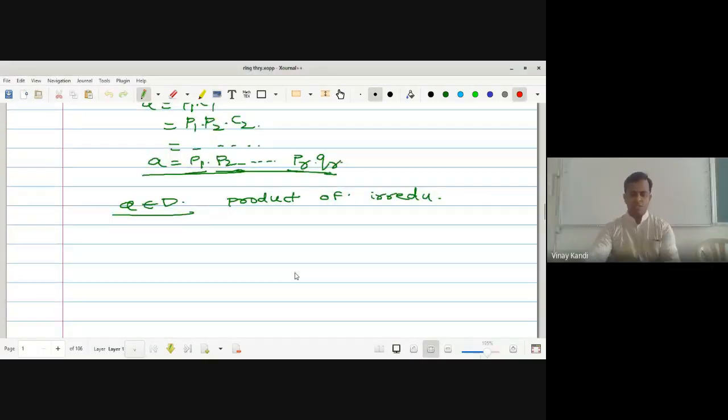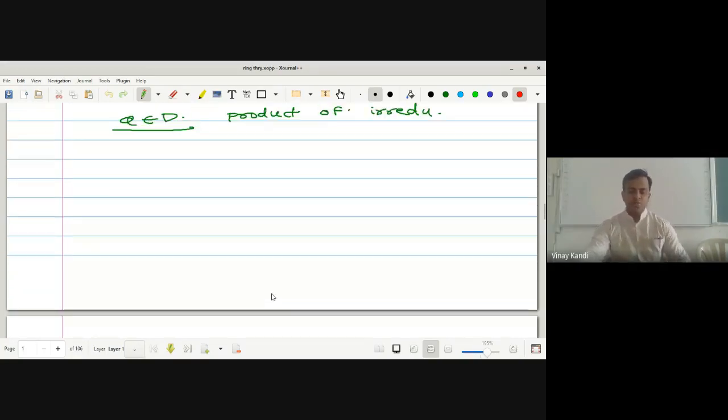So in the previous lecture, we saw that if R is a unique factorization domain, then any polynomial P of x belonging to R of x, with a primitive polynomial in R of x, can be factored in a unique way as a product of irreducible elements in R of x. Today, the next point is: if R is a unique factorization domain, it implies R of x is a unique factorization domain. So the next theorem is